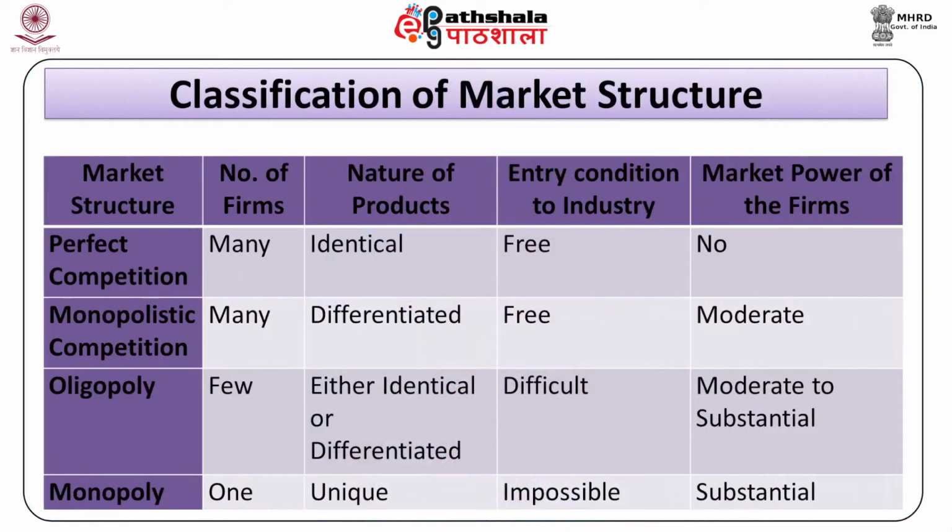The classification of market structure include the number of firms in the industry, nature of products that is homogeneous or heterogeneous, entry conditions of new firms in the industry and market power of the firm. The 4 types of market structure are reported in table 1. Firms in perfect competition and monopoly are at extremes and opposite end of market structure. Each form of market category can be explained here.